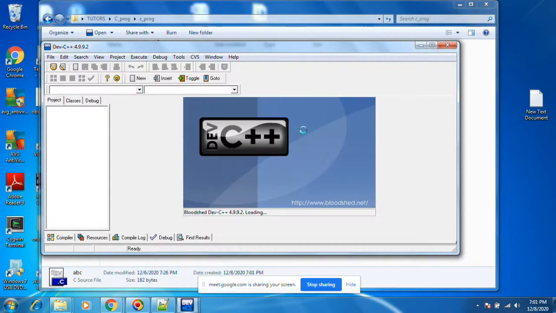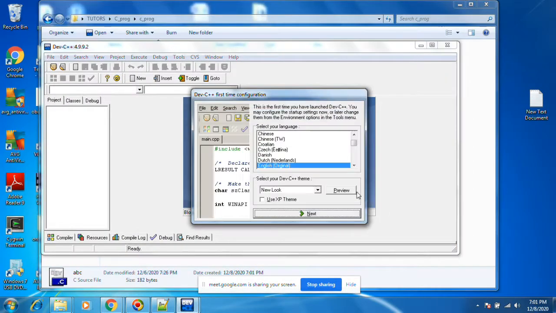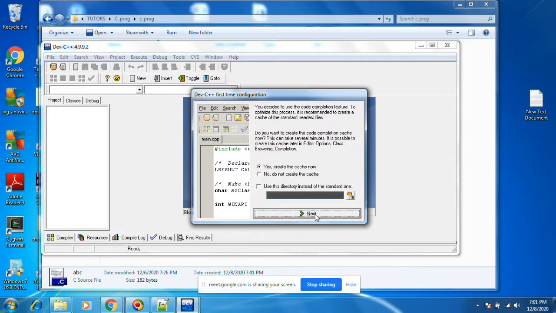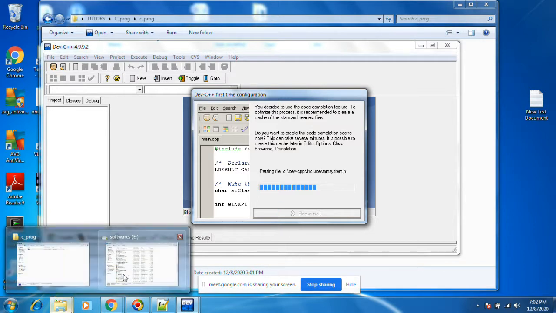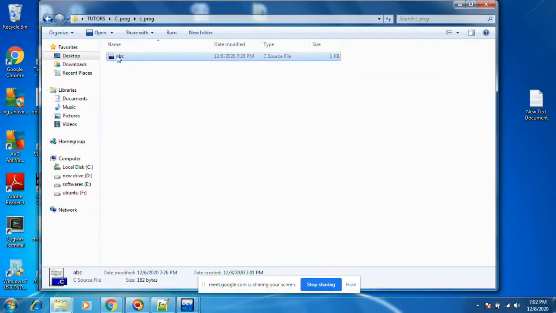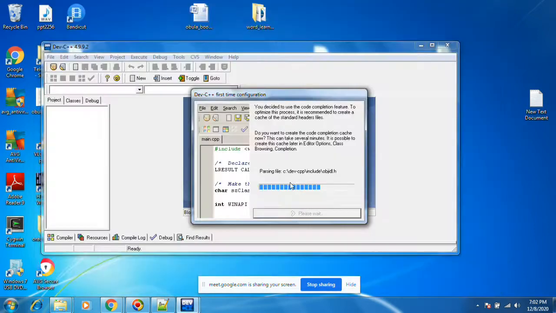This is the IDE. Once again it is asking for first time configuration. Let's see. What I did, I simply double clicked on this C program. Nothing else I did. It is again asking. Let's run.